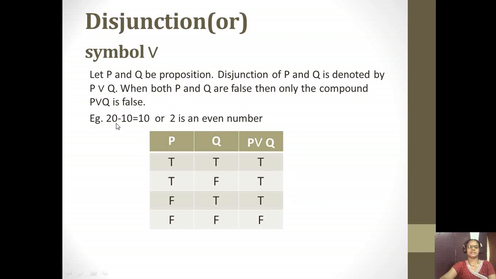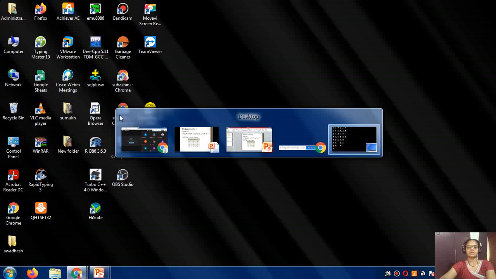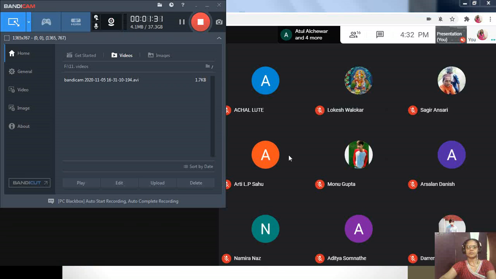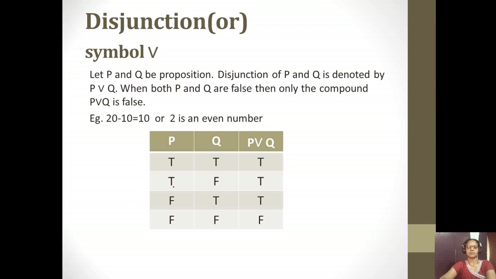Suppose I say the first proposition is 20 minus 10 equal to 10. This is the first proposition, that is P. This is the second proposition, Q. So P is 20 minus 10 equal to 10.